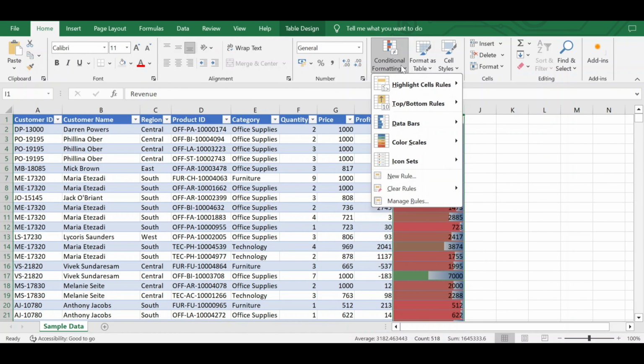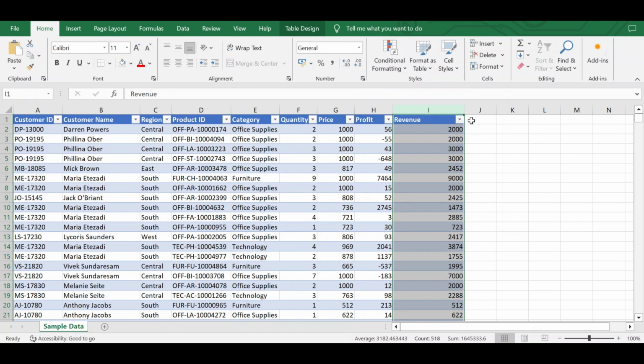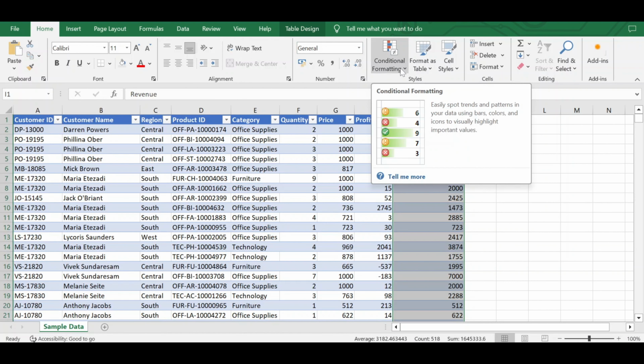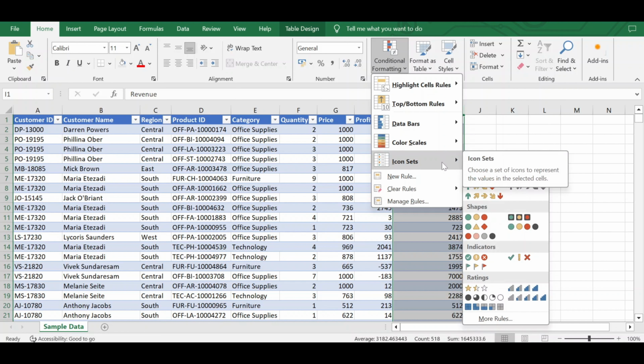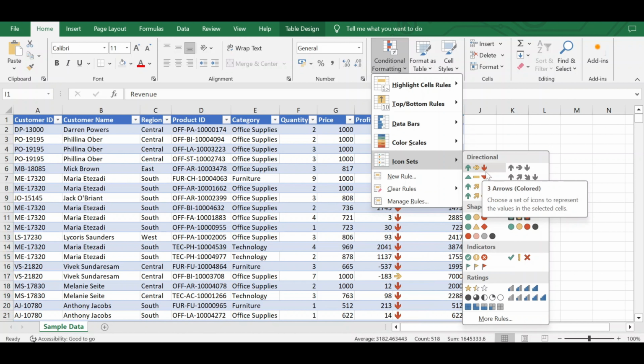Let's clear the conditional formatting. The next type of conditional formatting is icon sets. This is used to display the icons which classify the data into 3 to 5 categories based on the threshold values. For example, if I click on this